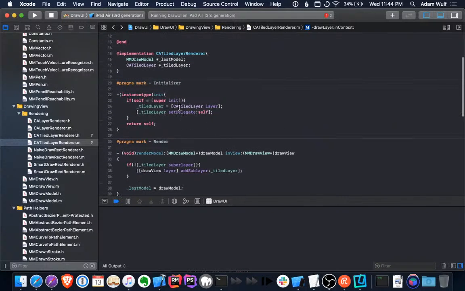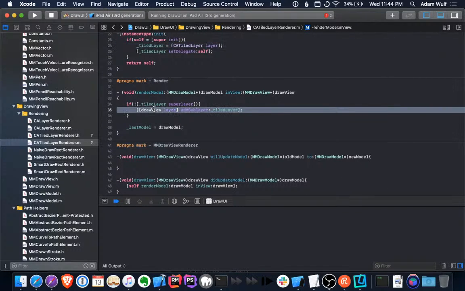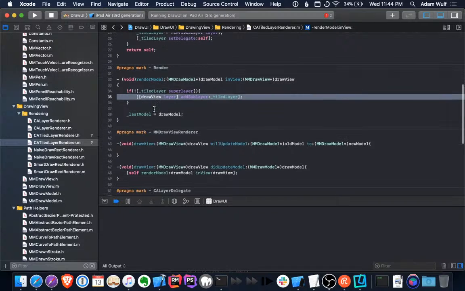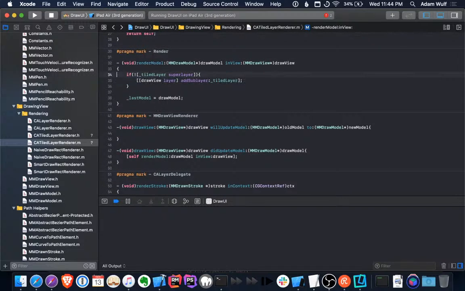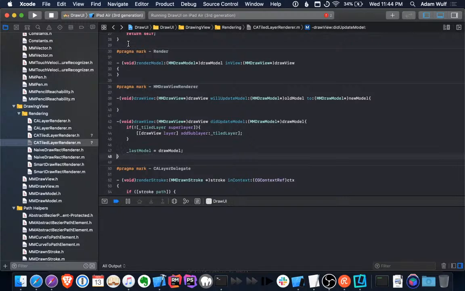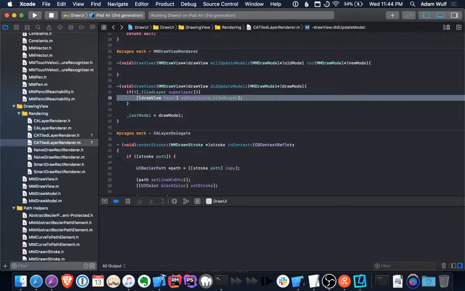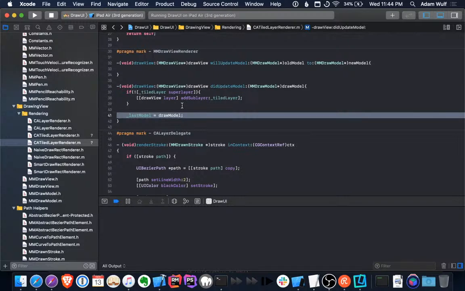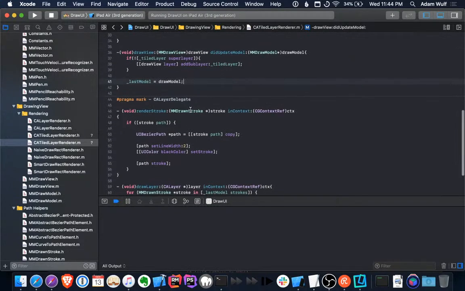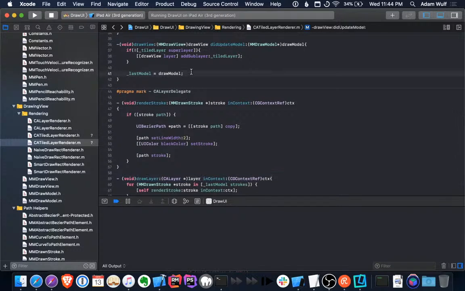We have tiled layer. We're adding that tiled layer to the view when we're asked to render. Great. I don't even need this section. Let's just take that out. So whenever the model updates, we make sure that we're added to the view. We save the model, and then this should get called. I think I might need to